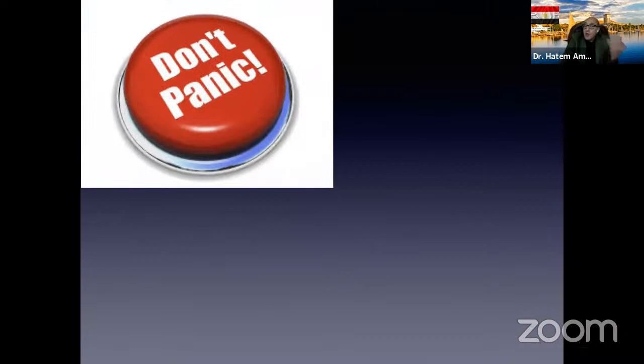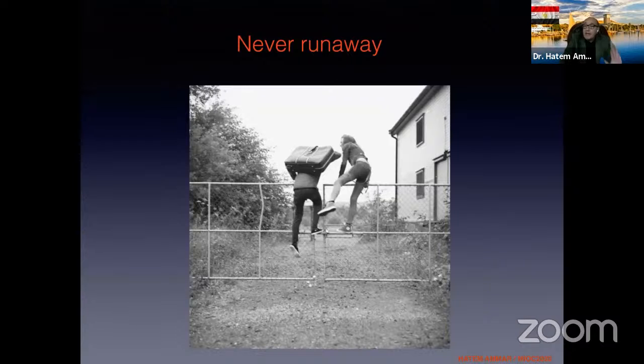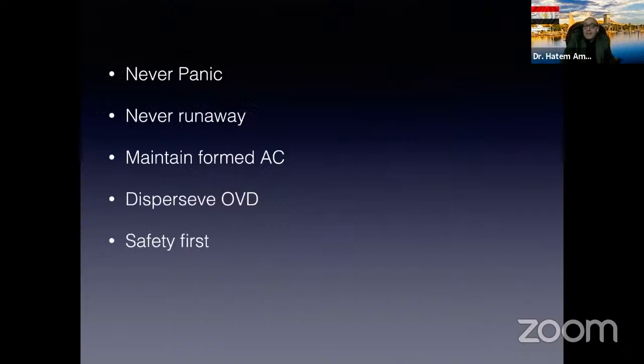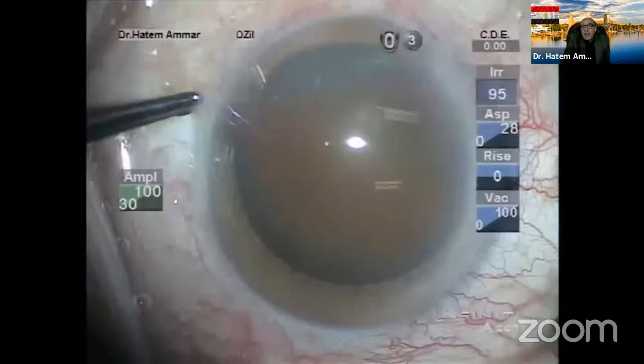The rules: don't panic. Take your time, never panic, never run away. Always keep the anterior chamber pressurized, maintain the irrigation or pressurize by OVD, never run away, and maintain a formed AC. Dispersive OVD, and safety first. Sometimes you make a rupture of the posterior